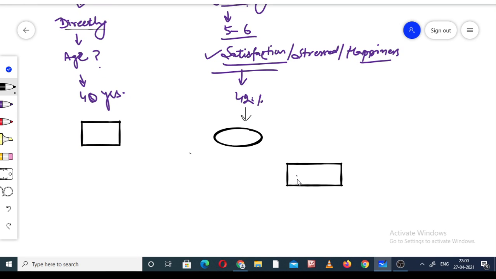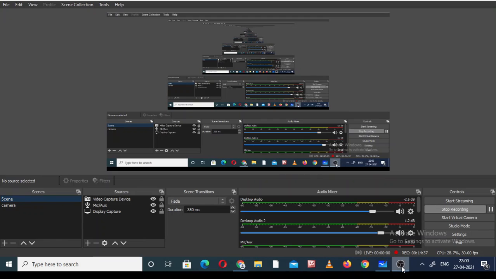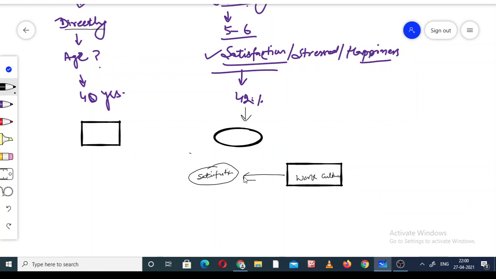How does work culture affect your satisfaction level? As I already discussed, satisfaction cannot be measured in percentage. That's why I put it into the circle. So how does work culture affect the satisfaction level?